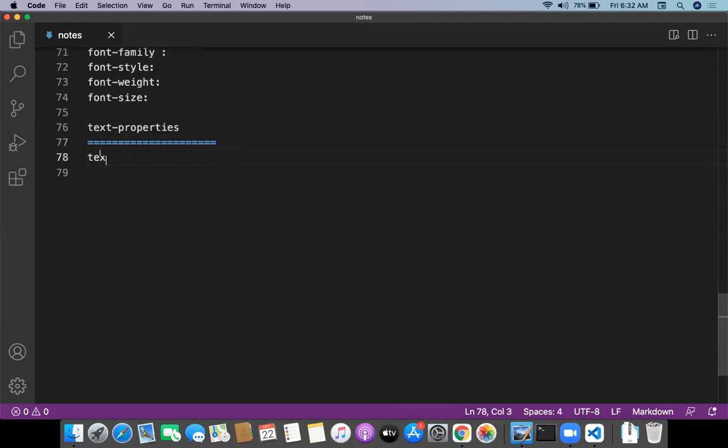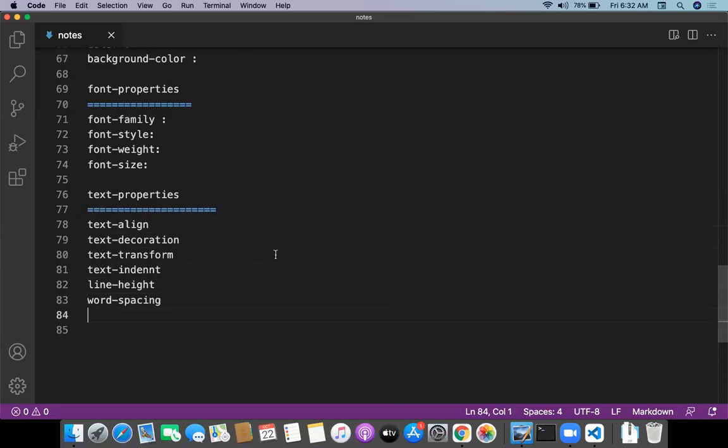Text align, text decoration, text transform, text indent, line height, word spacing.